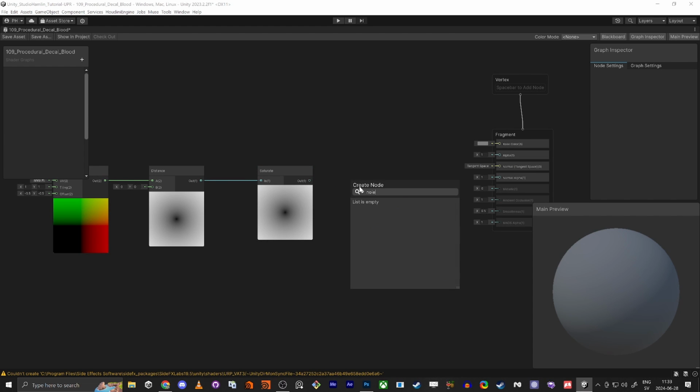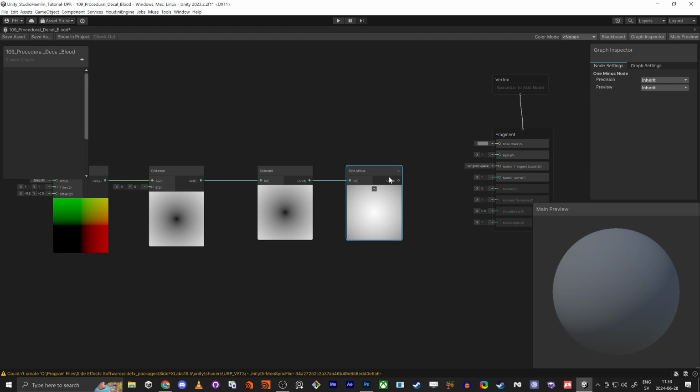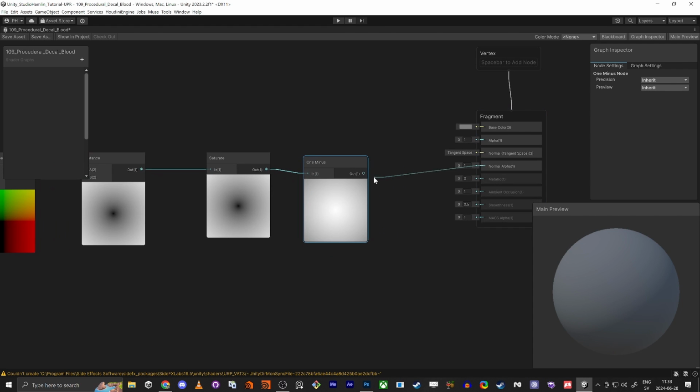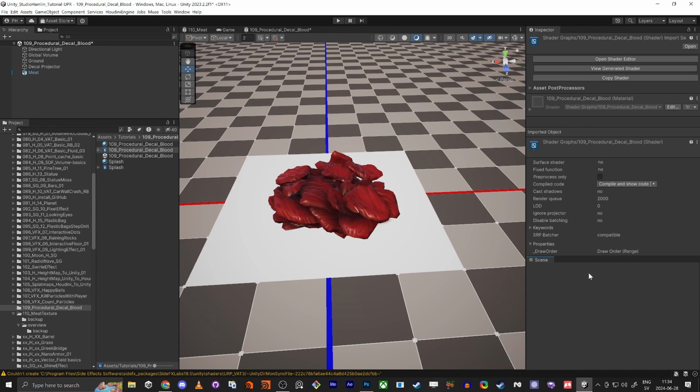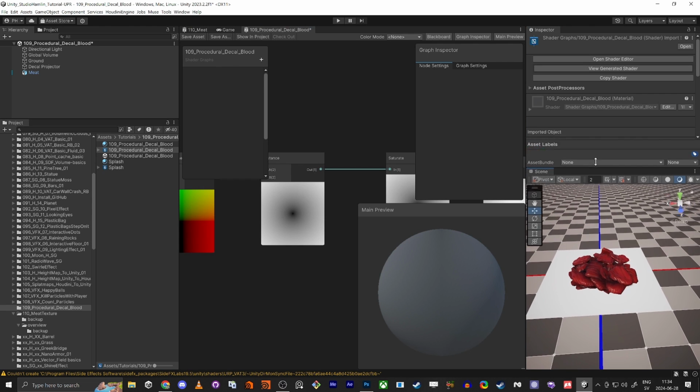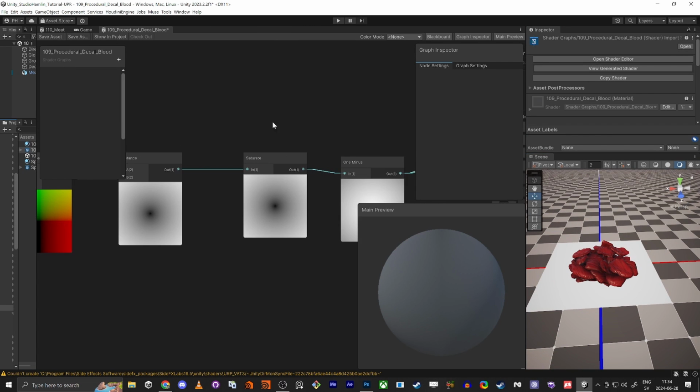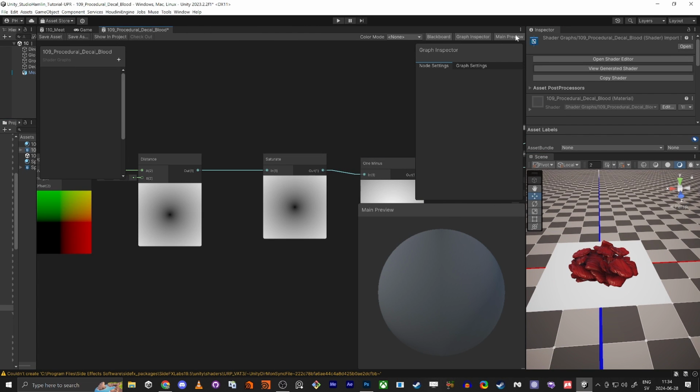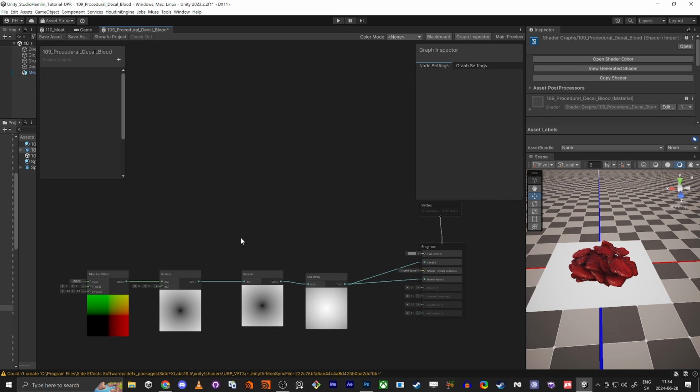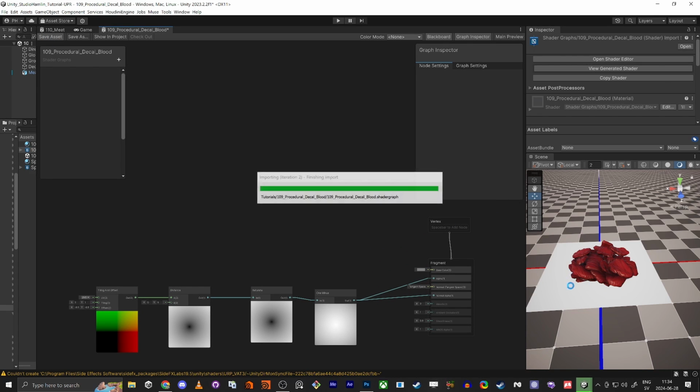And then we're going to do 1 minus, and this is going to go into the alpha. So if we put the scene down here, and we just make a little bit more room here, we can remove this one. So this is what we have. And if we save this asset,